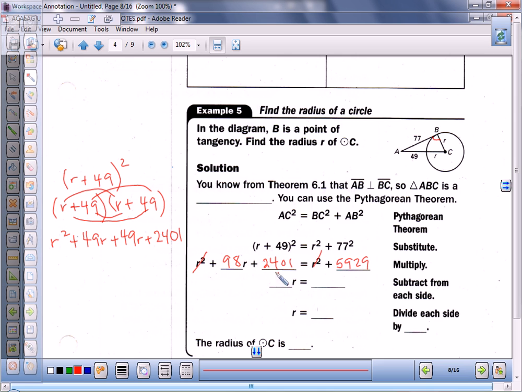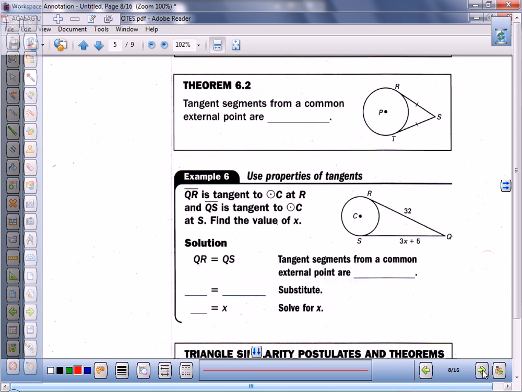And I'm left with 98r is equal to 3,528. So r is 36. So we've used what we know about a tangent being perpendicular to the radius to solve for missing sides. Okay, now on this one, we pretty much proved this when we were doing constructions, but if we took our